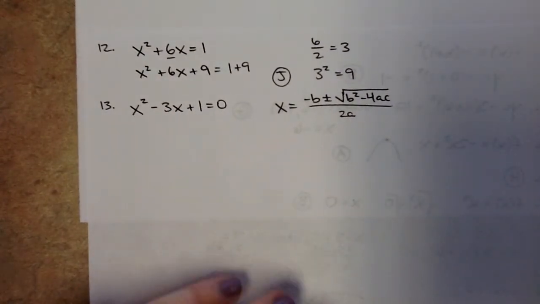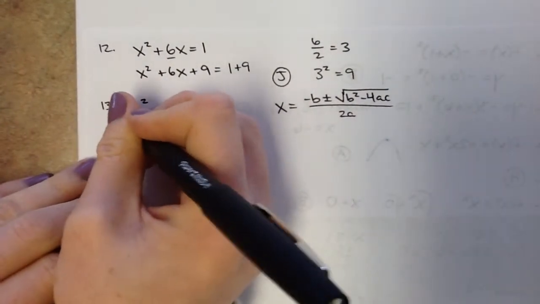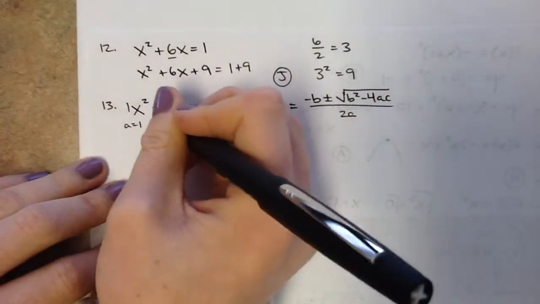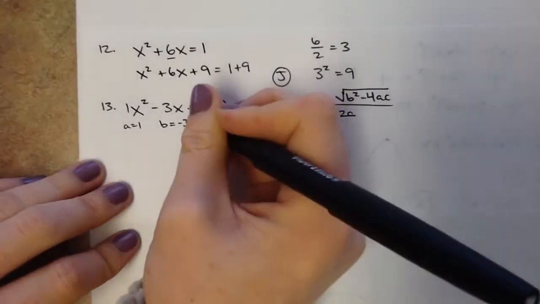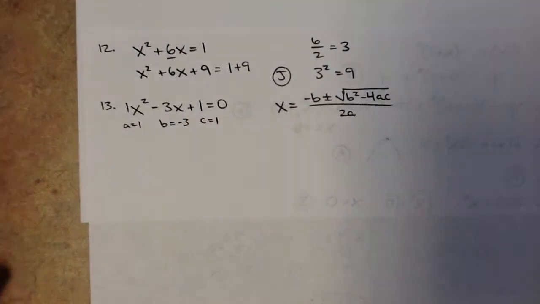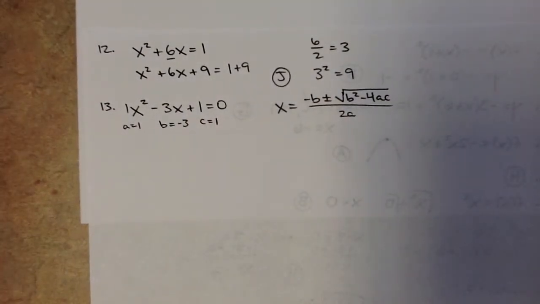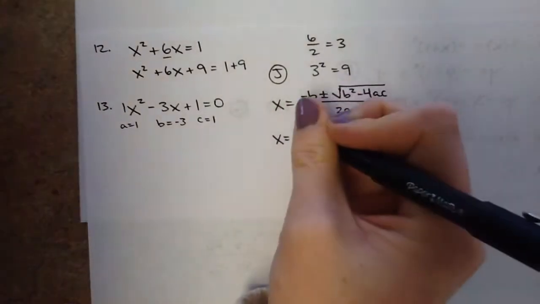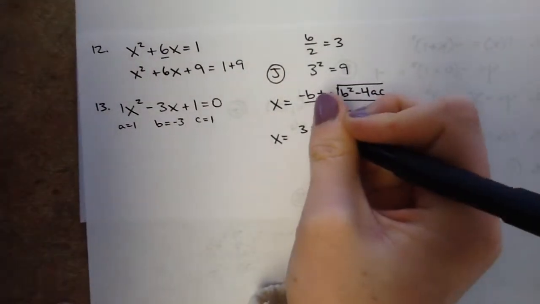Okay, so we're going to plug everything in. Every time you see an A, you're going to plug in a 1, because there's technically a 1 right here. Every time you see a B, you're going to plug in a -3. And every time you see a C, you're going to plug in a 1. As long as that formula is memorized, you should be good to go, and then you're just plugging things in. So x equals -b, that's a -3, which switches it back to positive, plus or minus square